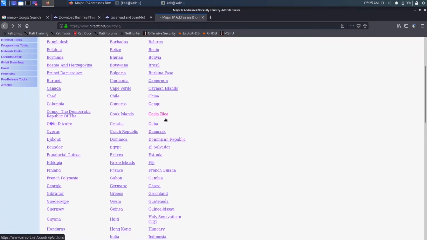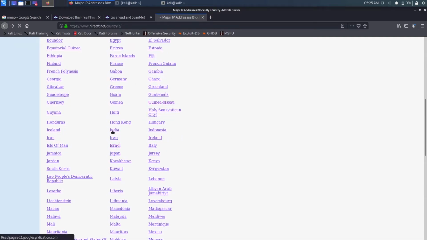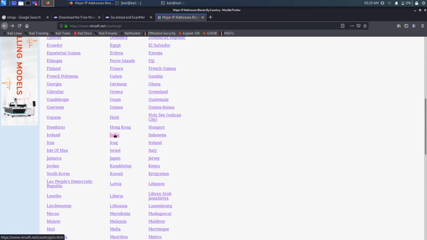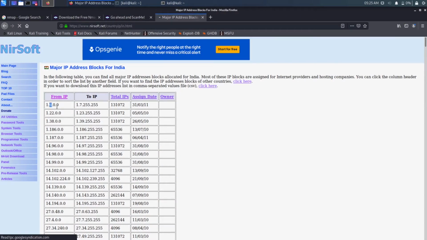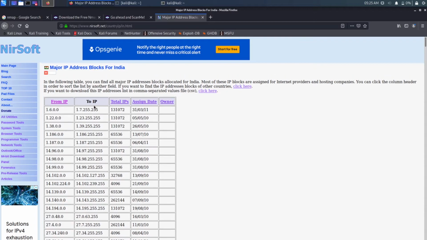Like go to India. Here you can see there are actually many IPs assigned. You can copy it and search